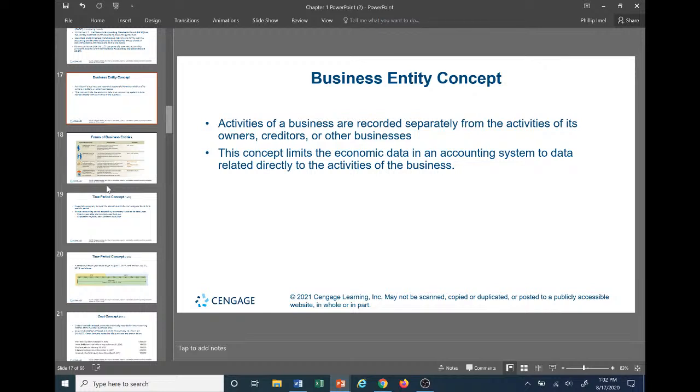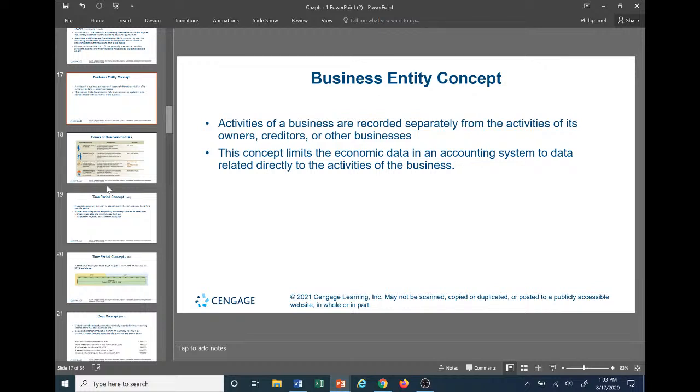Say that I'm an investor and 5 people out of this class invest into this business. So we have skin in the game, meaning we have money tied up in the operations of that business. But within that business's accounting records, they could care less about what's going on in our personal life and our personal checkbook. They're not going to account for our household purchases and expenses or stuff that we bring in on the side. They're only going to be concerned with what's going on within that business.